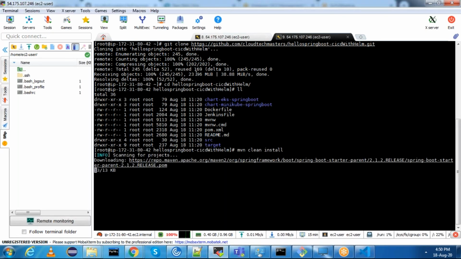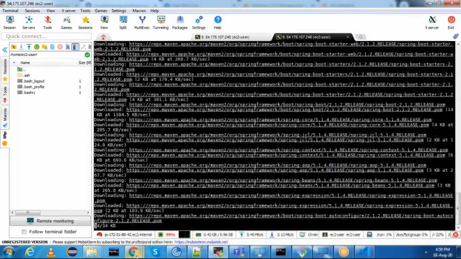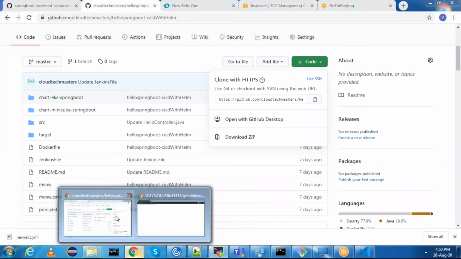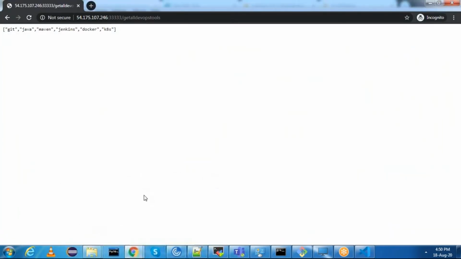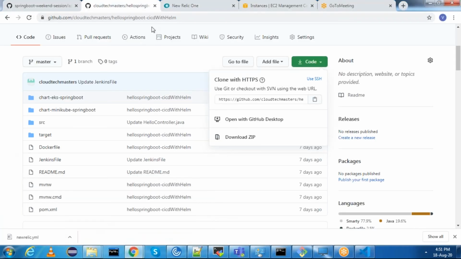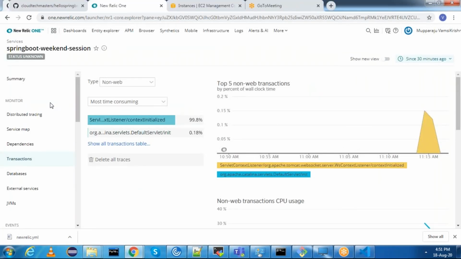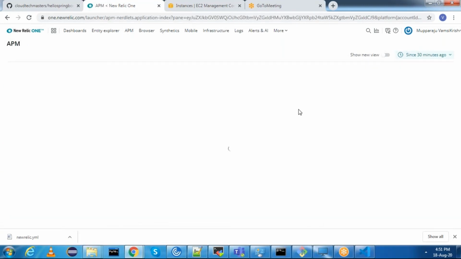Once you do mvn clean install, then the process is seen. Okay. You just need to mention your application name again. Go to this place and you can go here APM and say